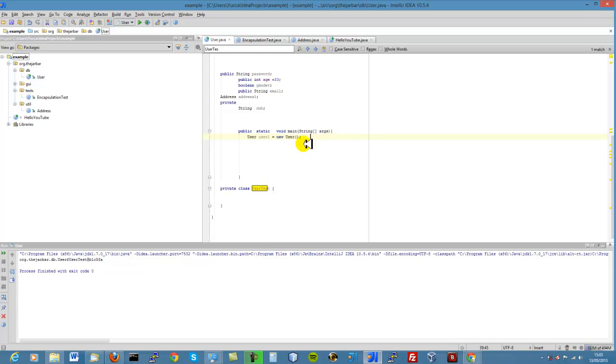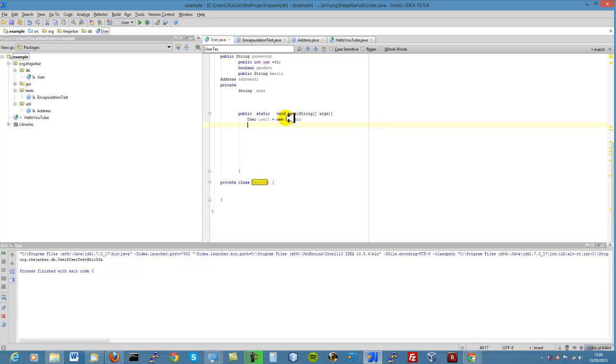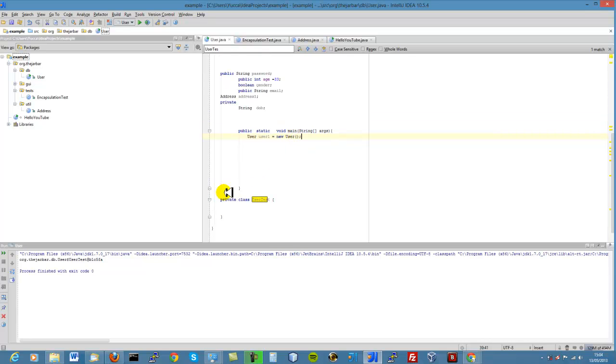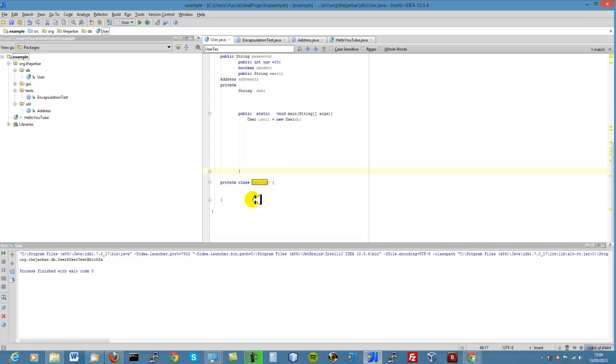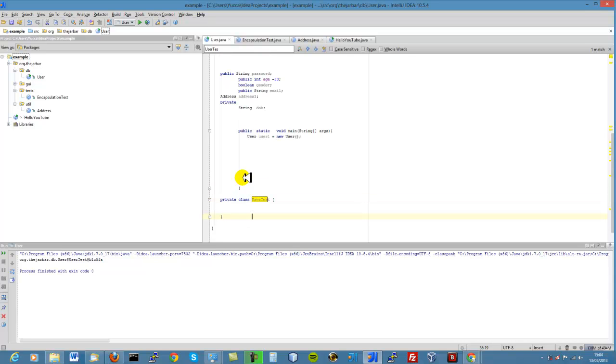Anyways, getting back to the dot operator, once you have a reference variable to an object, and once again the dot operator is only relevant with regards to variables that represent objects and not primitives. Once you have a reference variable to an object, like we've created a new user here, we're going to create an additional method in our user class, and we're going to call it public void